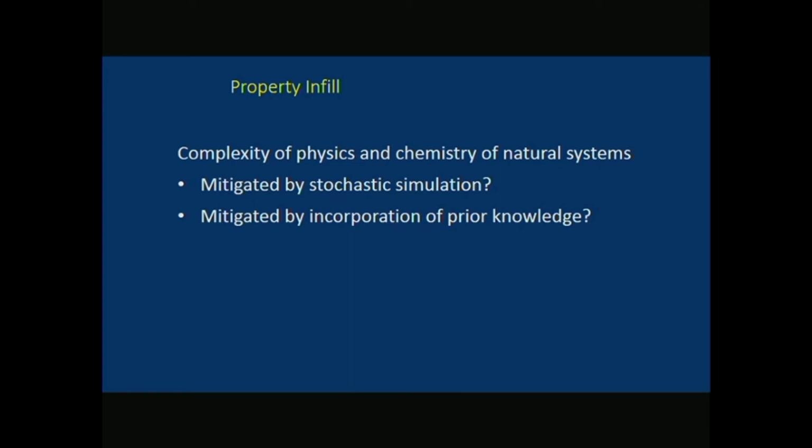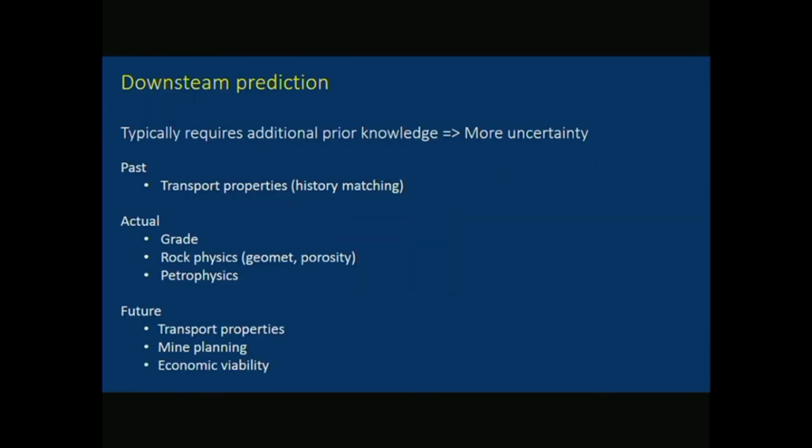We do know things that go beyond just a purely geostatistical approach, but for the moment, that type of information isn't really used. And I'm not going to talk about downstream prediction because it brings in all sorts of other worlds of pain, because each of these predictions in itself involves a whole series of very specific assumptions. So if we're talking about rock physics or geometallurgy or porosity, we have to do some sort of transform between the petrophysics that we could measure and the porosity that we couldn't measure.